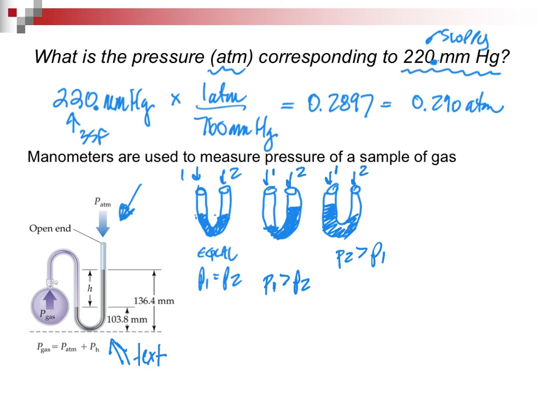So then you are presented with this picture in your text, often on a quiz, if I can load it into Carmen, and I will say, what is the pressure of the gas? Well, the pressure of the gas, by definition, is the pressure of the atmosphere plus the pressure of the height of the mercury. Since I am pushing down, what I am seeing here is the pressure of the gas is greater than the pressure of the atmosphere. That will force me to make a correction on my gas calculation. And again, I am going to leave that to you because you learn more when you do it yourself. And realize, think about how these 3 different options can work.